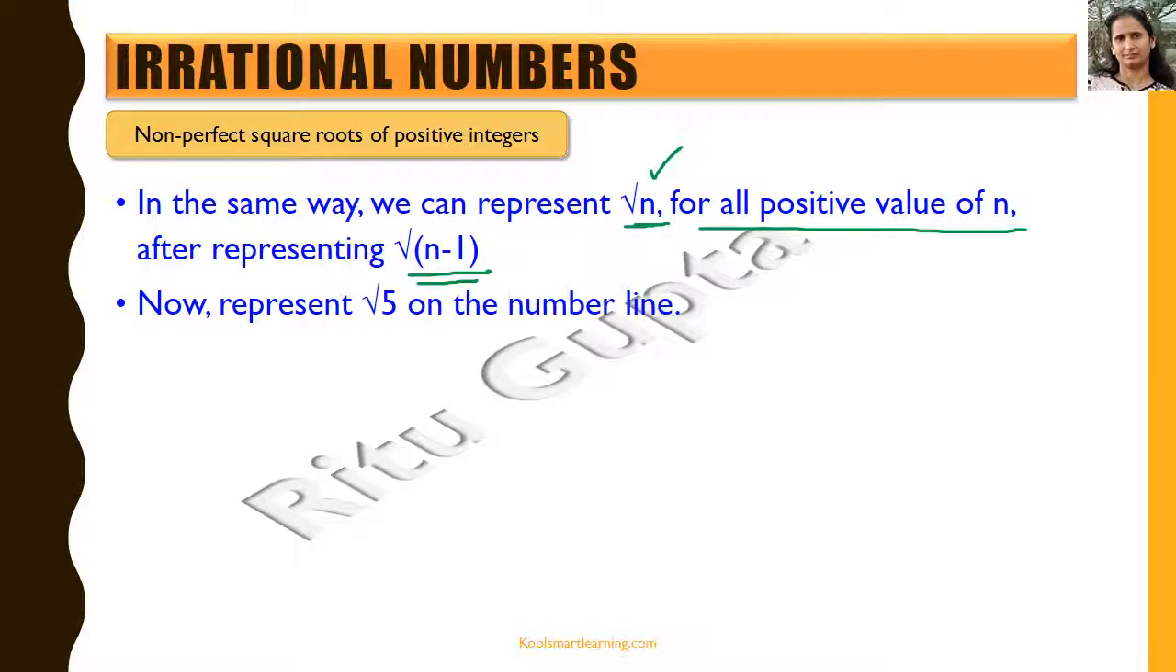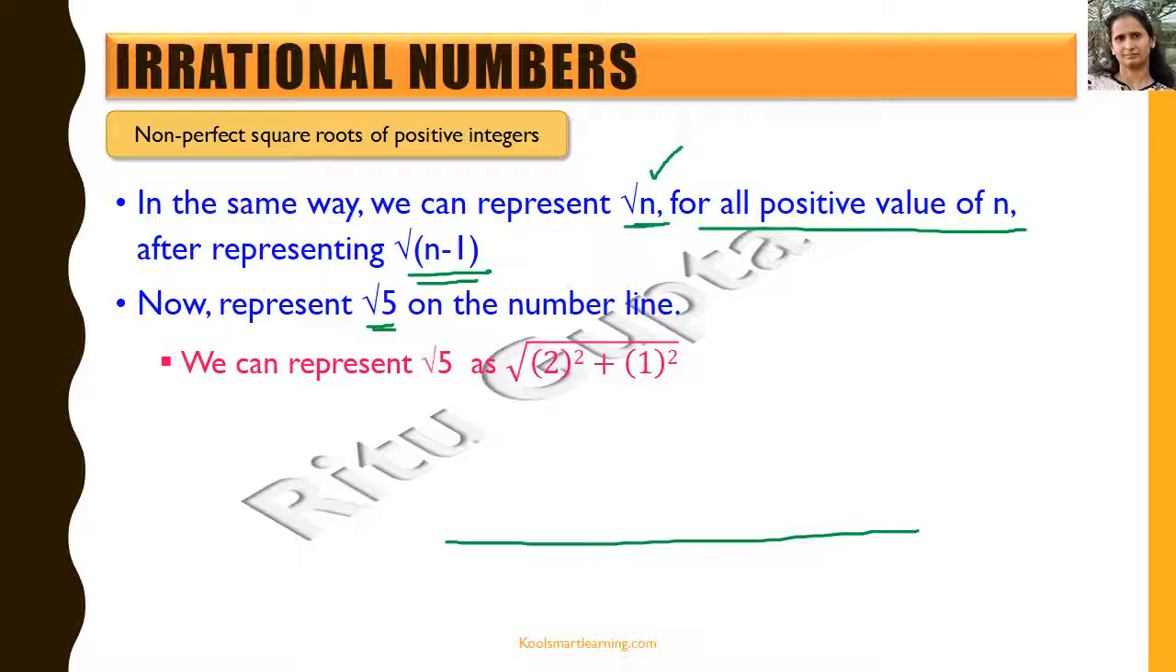Now there could be another alternate approach of doing that. Supposing we want to represent root 5 on the number line. So instead of taking the step from 2 to 3, 3 to 4 and then 5, we could directly represent root 5 as square root of 2 square plus 1 square. So again using the Pythagoras theorem here. So now what we do differently is, instead of starting from root 2, root 3, root 4 and root 5, on the number line